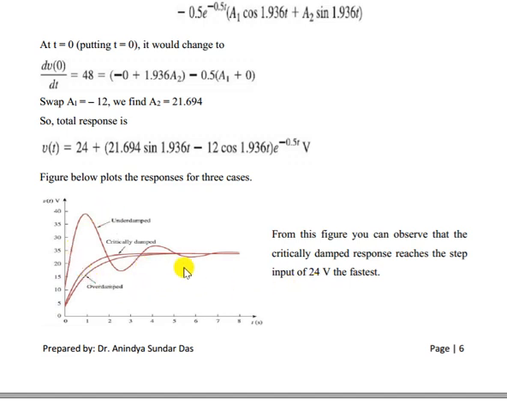That means depending on the application we have to decide which one to choose. Suppose a little bit of oscillation is not doing any harm to your circuit, then we can allow underdamped. Maybe your circuit needs a faster response, then you have to go for critically damped. Suppose the response time is okay, you can allow more time, but the response should be very slow and steady. For that we can apply the overdamped case.